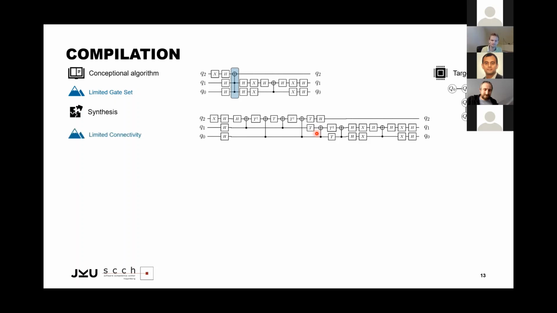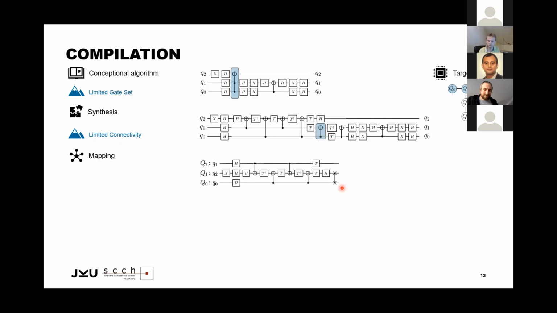Then the next thing is you have to deal with limited connectivity. So you have to map your logical qubits to the physical qubits of your architecture, which may end up in solutions like that, where you then suddenly recognize that some gate does not satisfy your connectivity constraints. Because of that, you have to add, for example, swap gates or other solutions, and then you get the resulting problem. Basically, these are issues which have been covered before. And this is one thing you have to do.